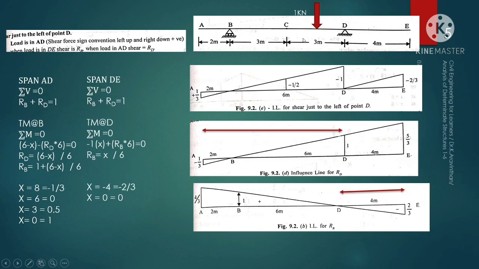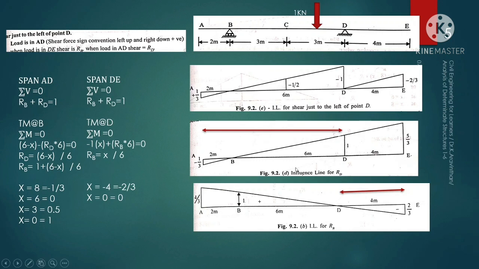Now, if I am placing the unit load at the left hand side, what happens? The sign of reaction D will be changed. If it is 1 here, it will change into minus 1. This 0.5 will be minus 0.5, and 0 will be 0, and plus 1 by 3 will be minus 1 by 3. So this is how you have to consider. Wherever you place the load, you just change the sign. This is a shortcut. For a student writing the exam, this will be a much easier method.